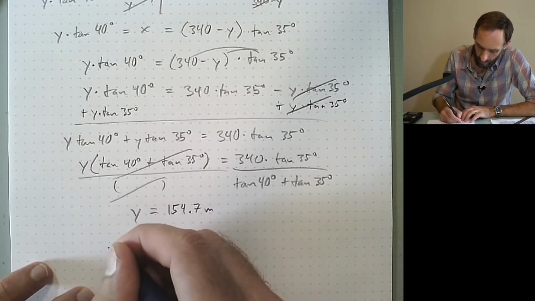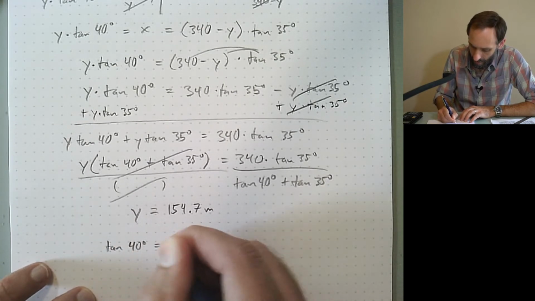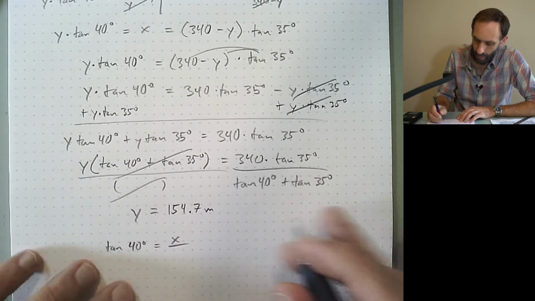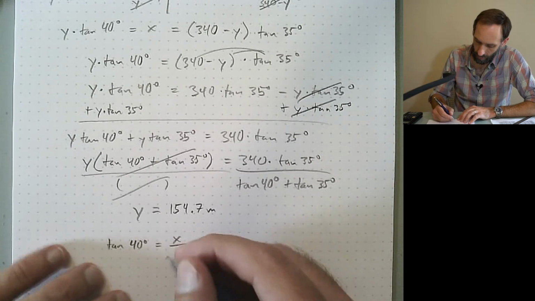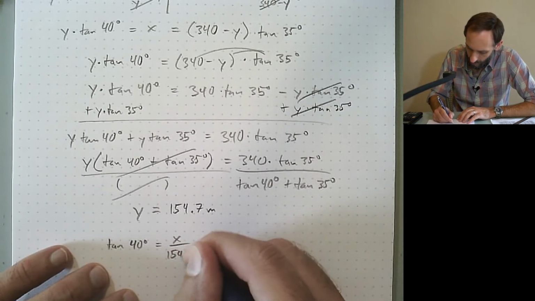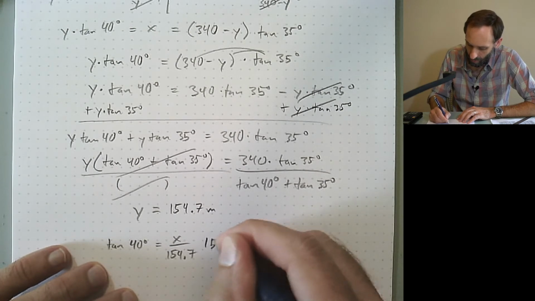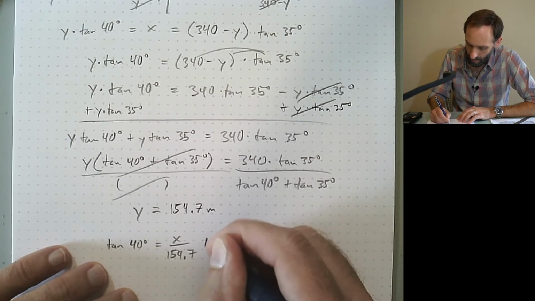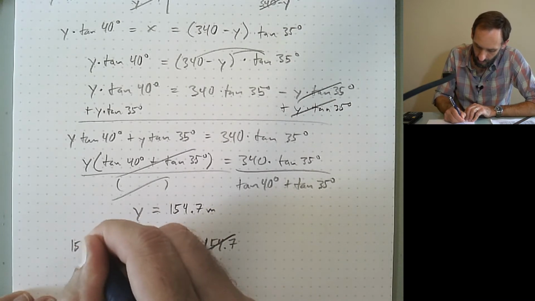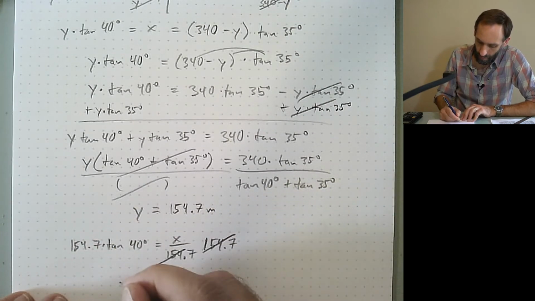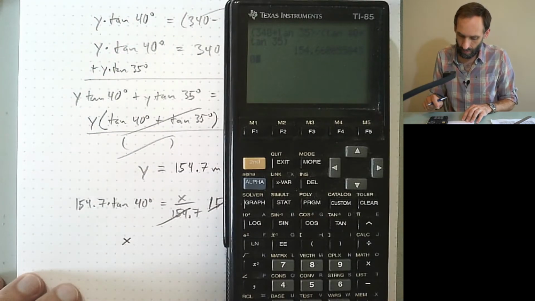The tangent of 40 degrees is equal to x over 154.7. Now multiply both sides by 154.7, and I get that x is equal to,